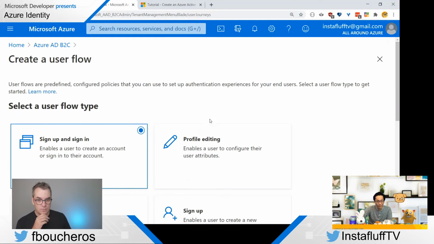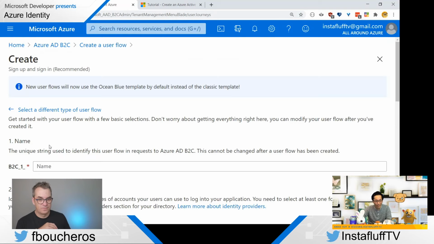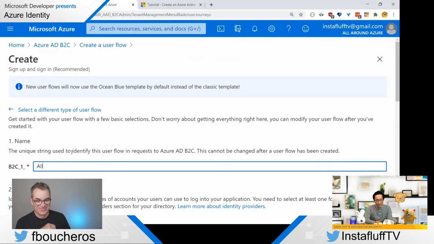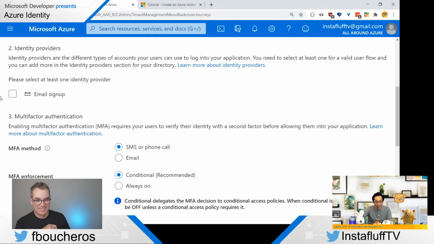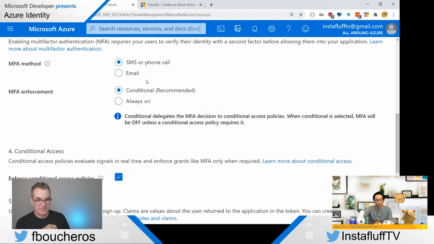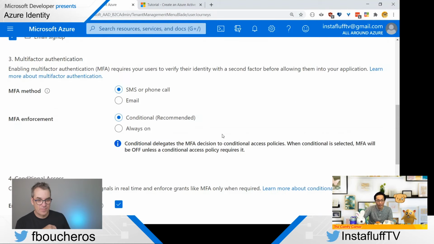So do sign up and sign in, recommended for the next generation, and then all around Azure email. I guess we'll just do sign in. Yeah. And then email sign up. We can do SMS or phone call if you want for multi-factor, and conditional.